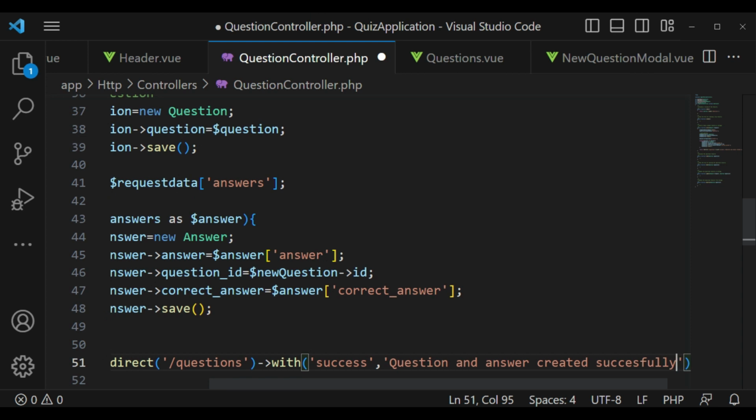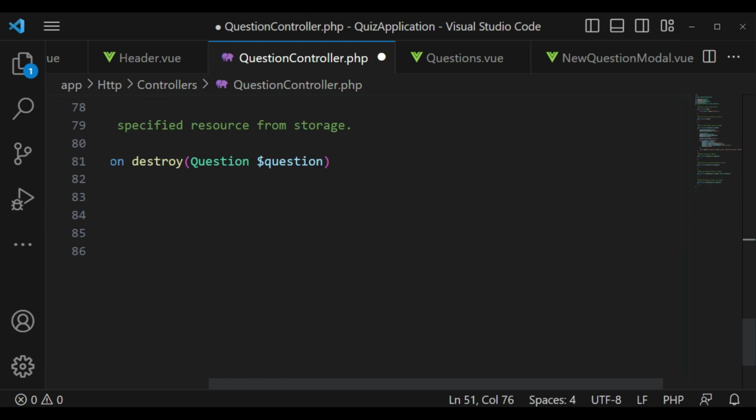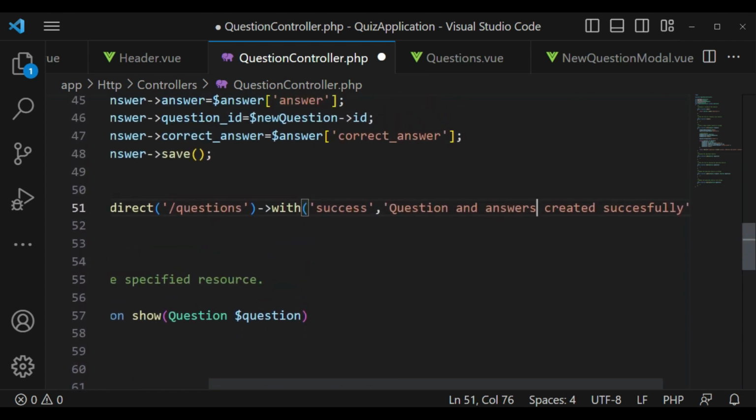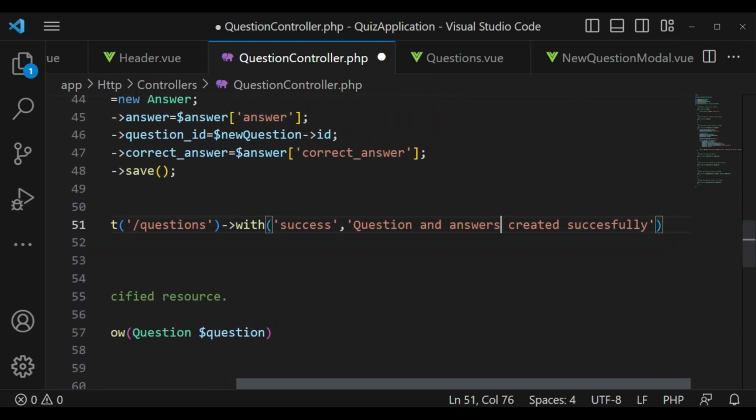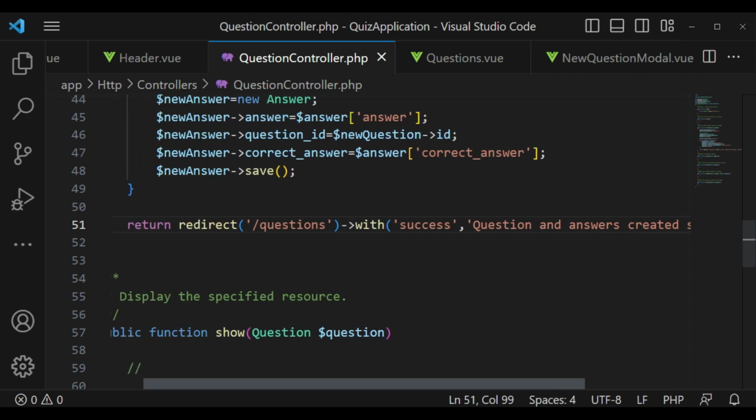I think it is question and answers, plural, because we're having 4 answers in this case according to what we have set. And I think that is that. I will be able to close this with a semicolon,